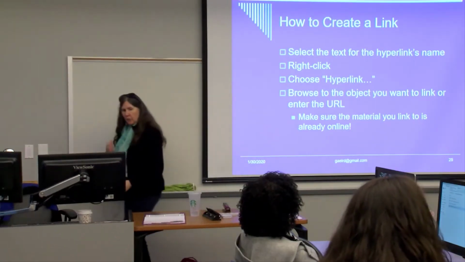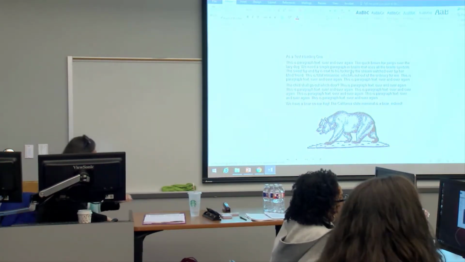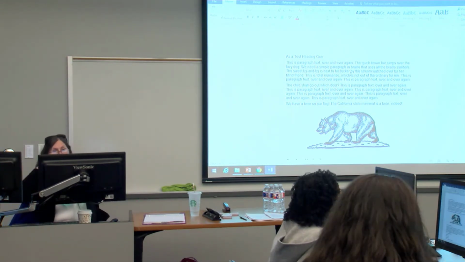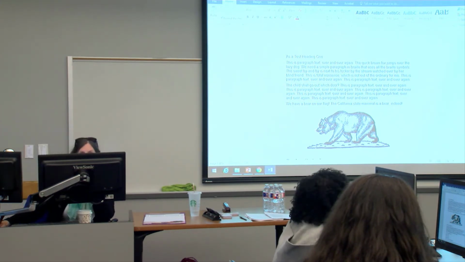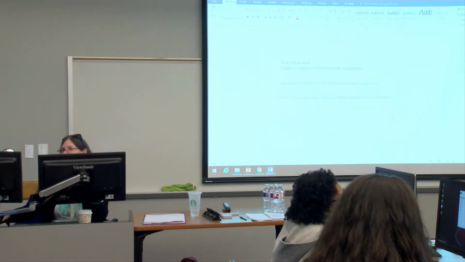So now we're going to actually go and see how we do this. We would like you please to open your 01 formatting activity. So we have our bear there, our California state mammal. Also please go to the file that says 01A URL for list of state mammals and open that one